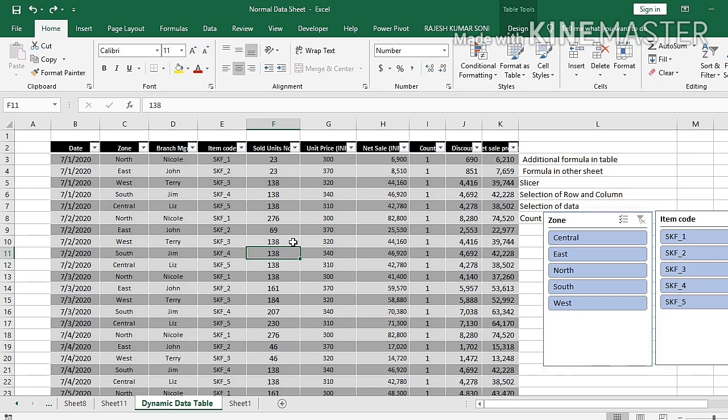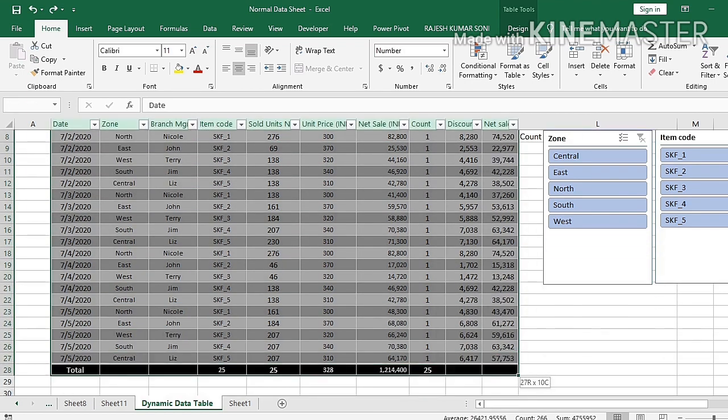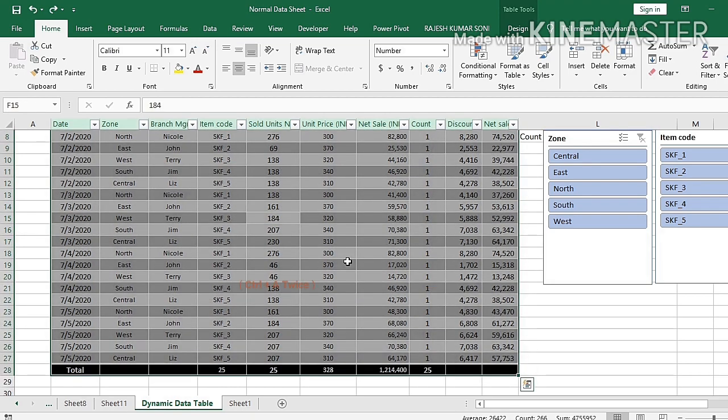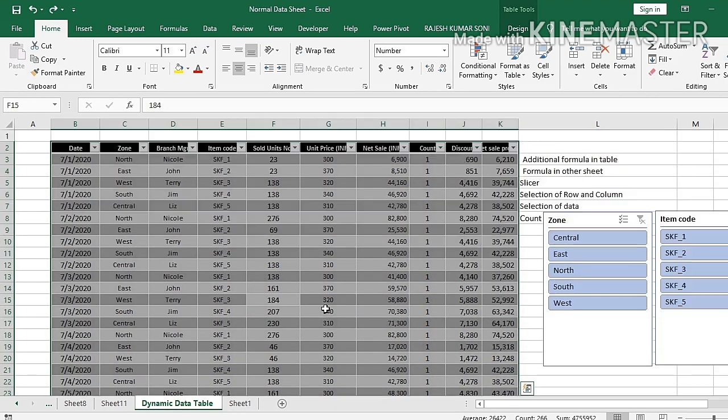Now before closing the video, we will tell you the last feature of this table. Suppose you want to send this data to someone and don't want it in this format, with the table function, so you want to just send it as normal data. What you need to do, you select the data either this way or Ctrl A and Ctrl A 2 times.